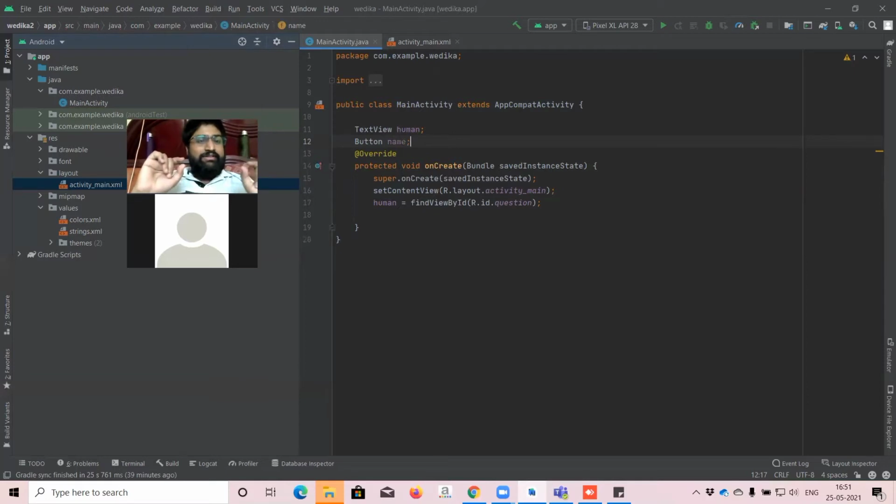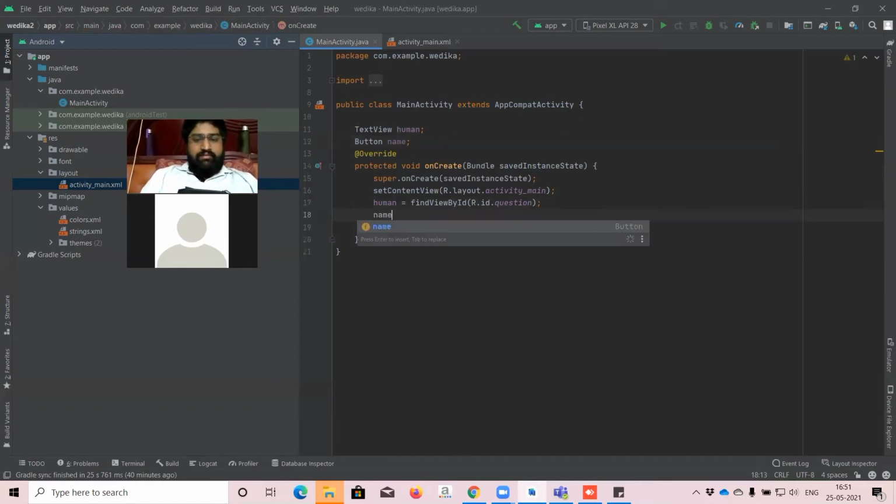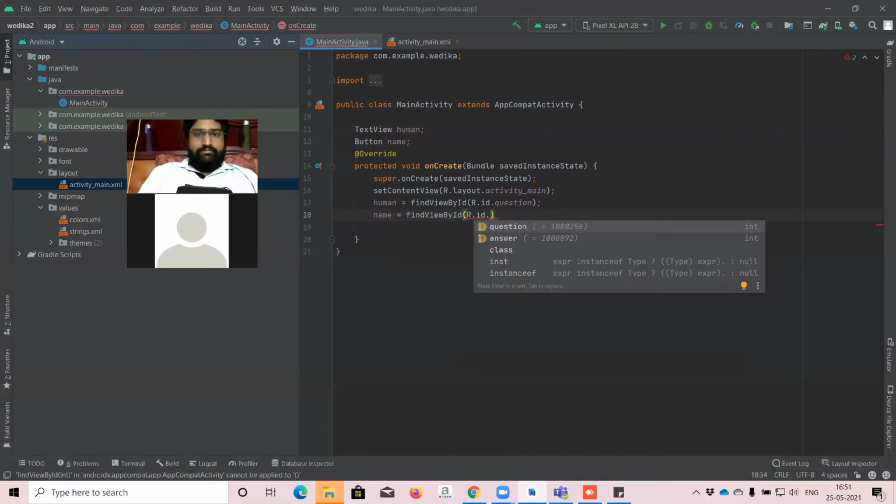So the text view is a question, 'Who are you?' is the text, and the text name is human. Button is a name, where name is equal to find view by ID r dot ID dot, the question or answer. Very good. Answer.